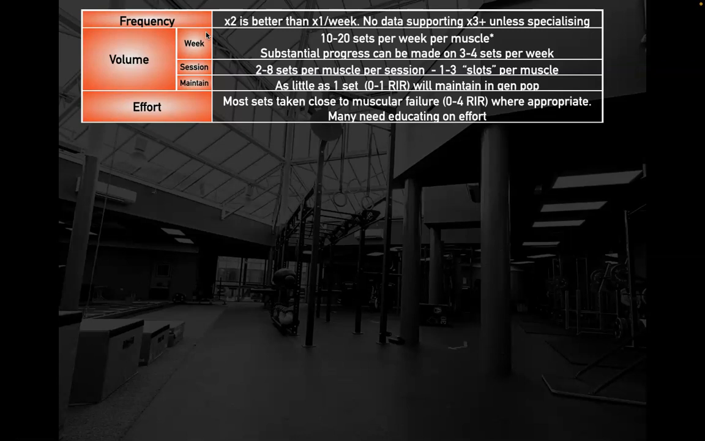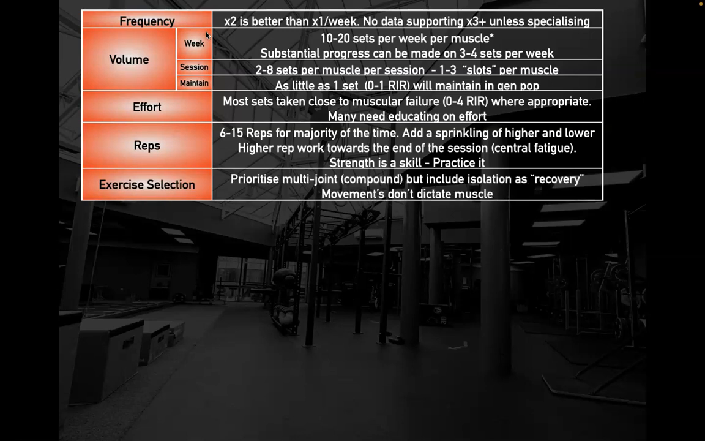We know the effort's got to be pushed closer to failure, and we've got to educate on that effort. Our reps are varied. Yes, we can go lower than 6. Yes, we can go higher than 15. But bang for our buck, 6 to 15 is a good place to be, and we can sprinkle on higher or lower. But strength is a skill that we have to practice. So if somebody wants to improve their back squat 5 rep max, we have to lead them into that with our linear periodization,